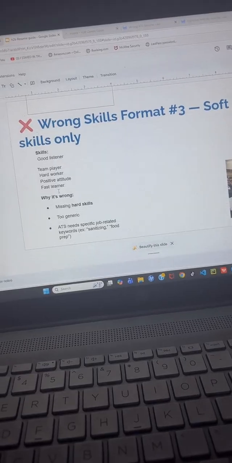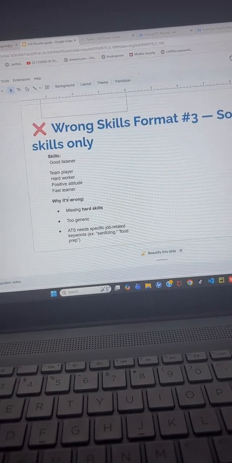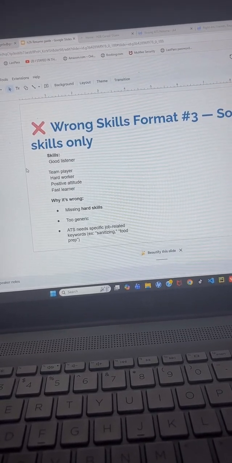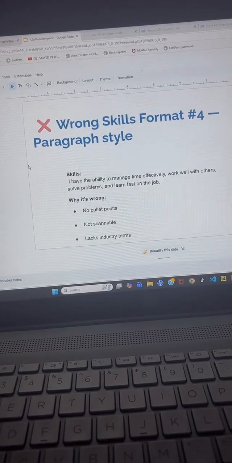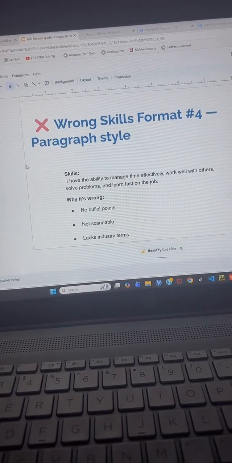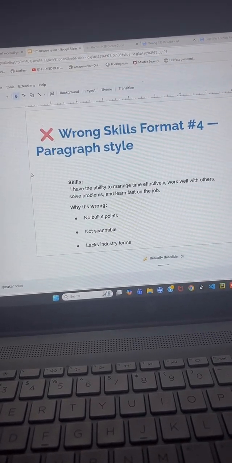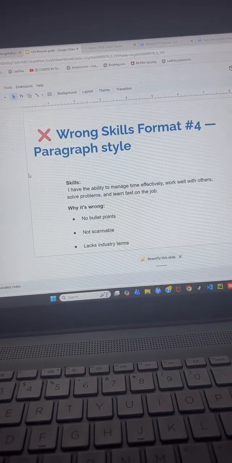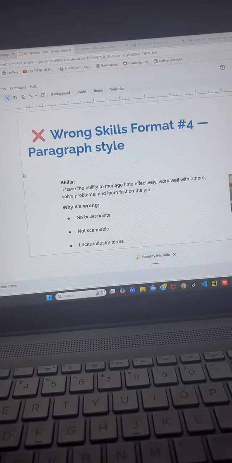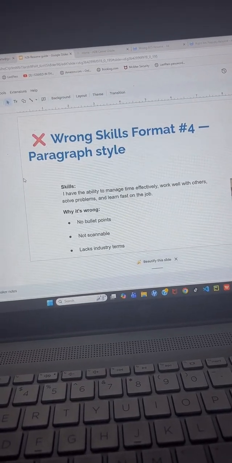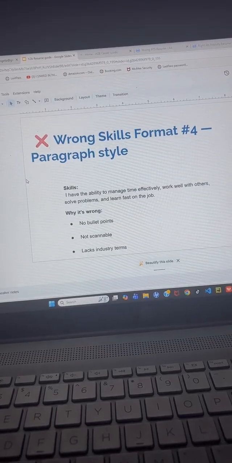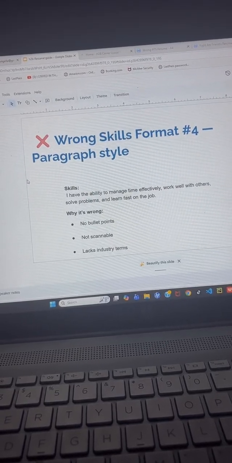These are soft skills. You want to list both of them. Like I said, no paragraph for your skills section. Ensure that you use bullet points as well, and ensure that the words that you're using match the job description you're applying for.